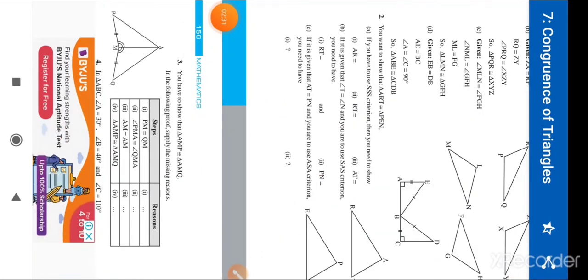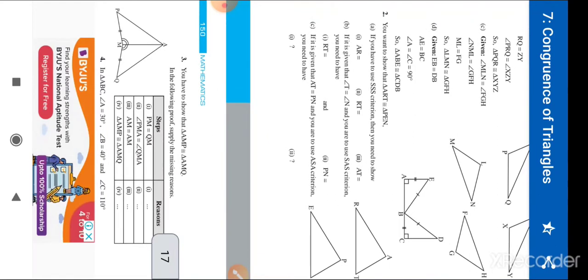Now move to the next question. You want to show that triangle ART is congruent to triangle PEN. If you have to use SSS criteria, then you need to show that AR is equal to question mark, RT is equal to question mark, and AT is equal to question mark. For solving this question, first we have to assume that if we overlap triangle ART